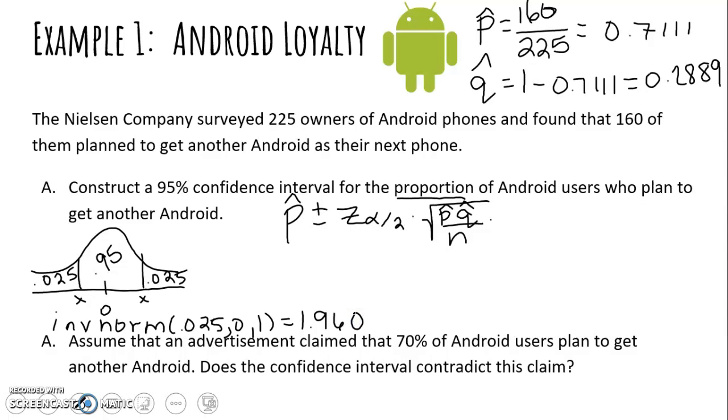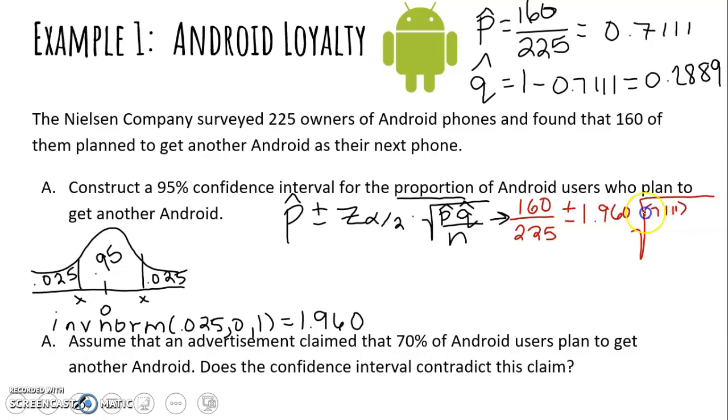Alright, so let me change the color here. Let's start with p hat. P hat is 160 over 225. You can write 0.7111 if you want, plus or minus the critical value, which is 1.960, times the square root of